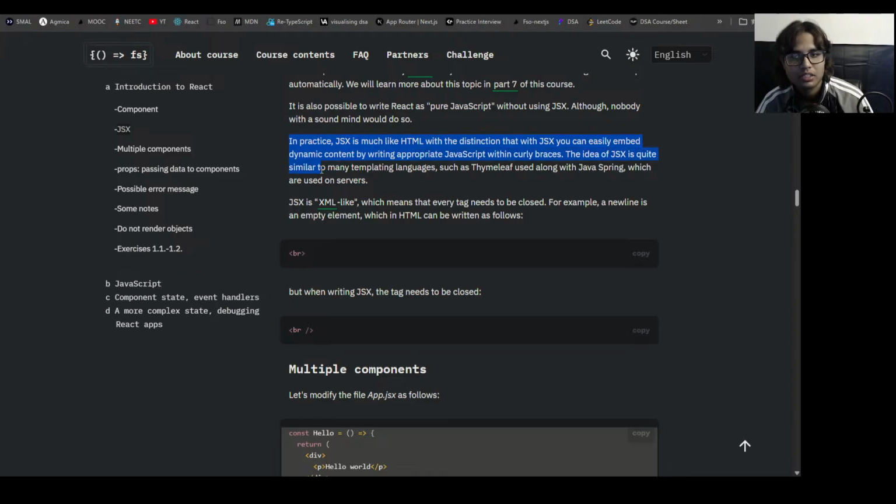The idea of JSX is quite similar to many templating languages such as